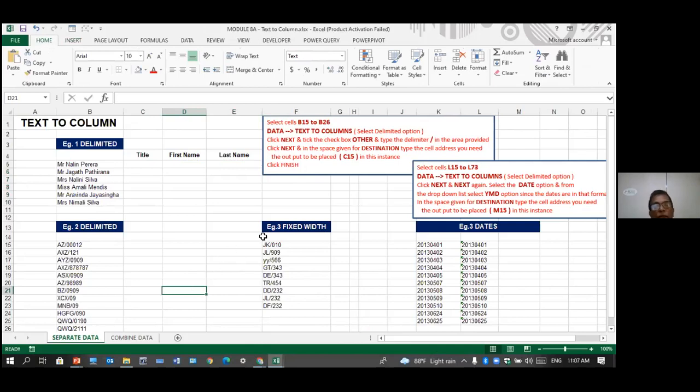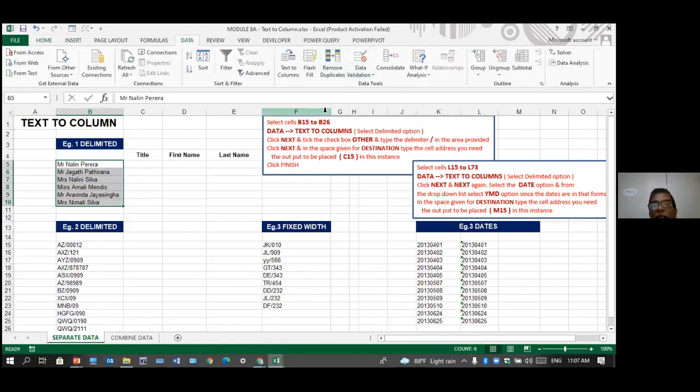Okay. There is an exercise which you can do. I'll just show it. Now, text to columns. If you want to separate something, let's say this is in one cell: the name, title, first name, last name. I want to separate it into 3 columns. There are different ways you can do it with find, left, right, mid, and find. It's a long process, but text to column is very useful. Select the data, text to column.